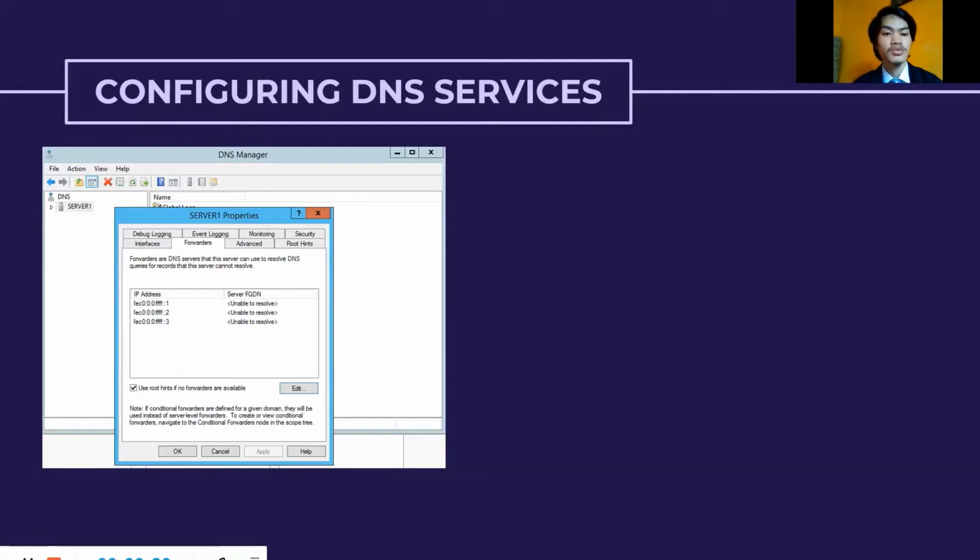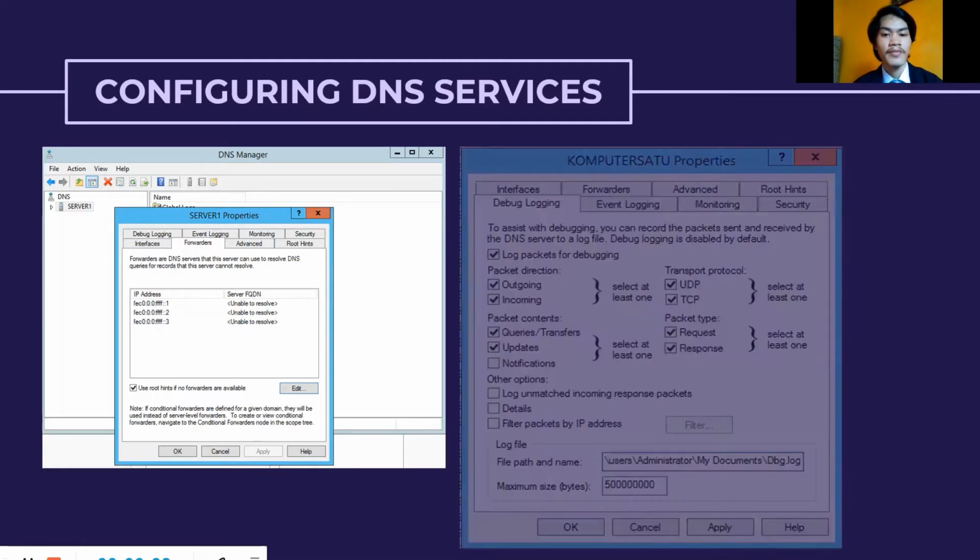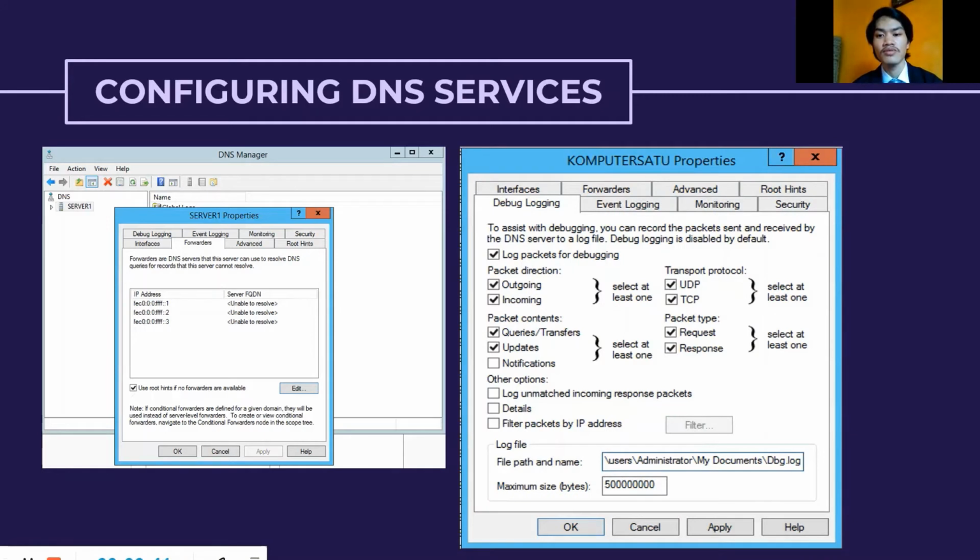On the tools, we choose the DNS, and there is the window of the DNS manager, and then right click on the name of the server, and then we click the debug logging, and this is the window of the debug logging. We can choose the log that we want to record for the computer,